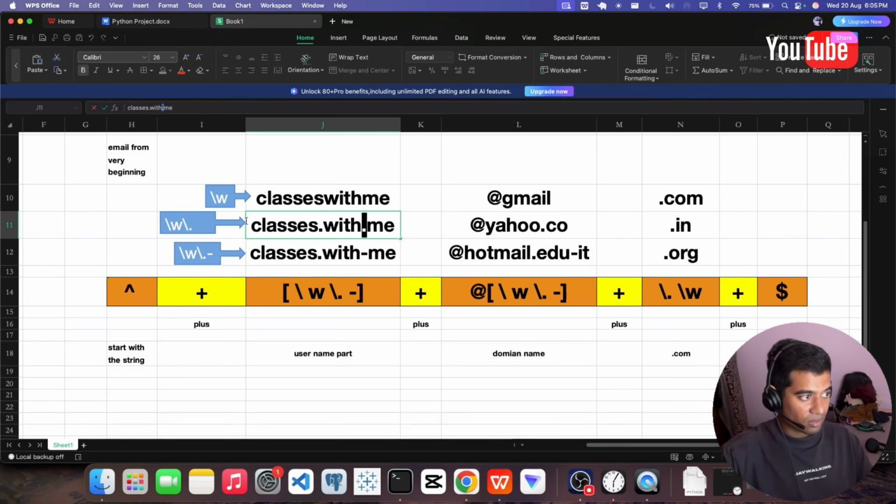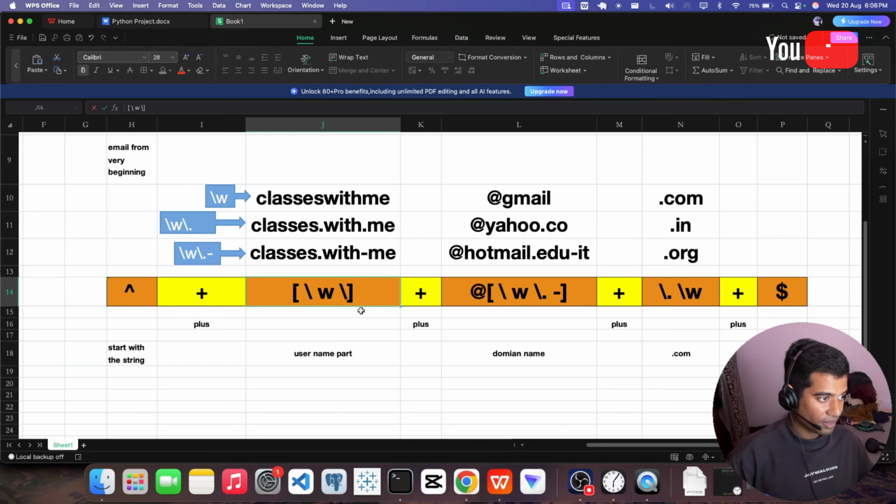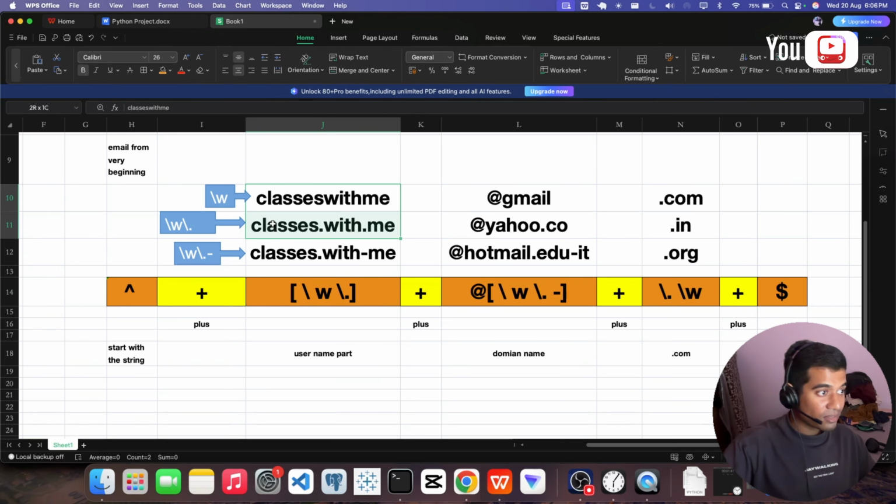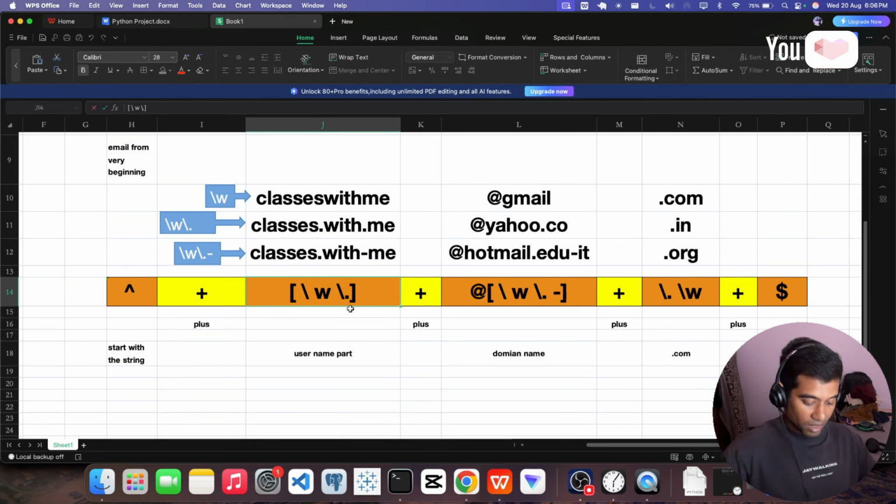Mail ID with dot. Okay? Slash w slash dot and hyphen means it should be a mixture of characters, dot or hyphen. It is like that. Okay? If I write like this, what will happen? It will only match the mail ID where only text is there. If I add this, what will happen? It will check those mail IDs where text and dot are there. If we write